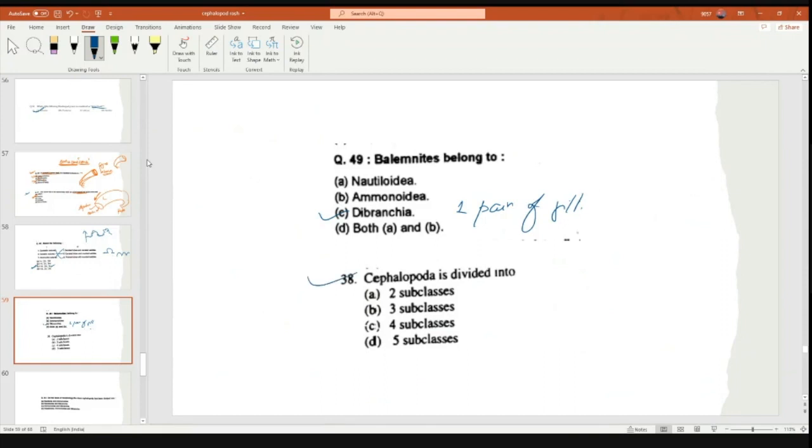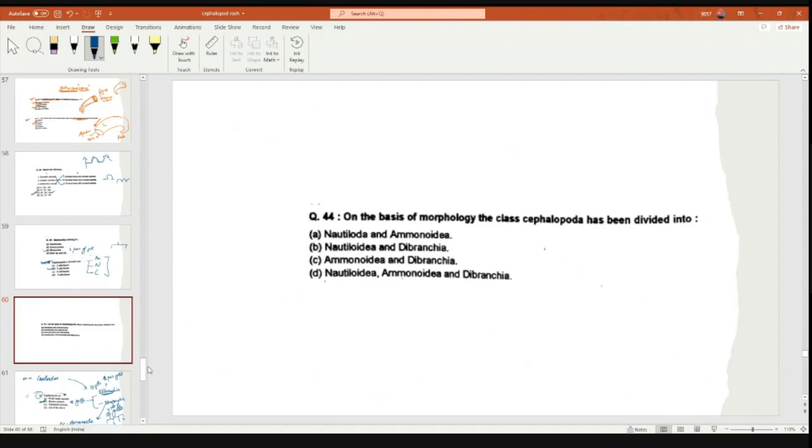And cephalopods divided into कितने सब क्लासिफिकेशन है cephalopods के guys? 3, ma'am. Yes. Ammonoidea and Nautiloidea and Coeloidea. Okay, so these are the three classifications. And one more classification which is based on their gills, Dibranchia and Tetrabranchia. Okay, so last question is this one. Oh, same. So it will be no doubt D.